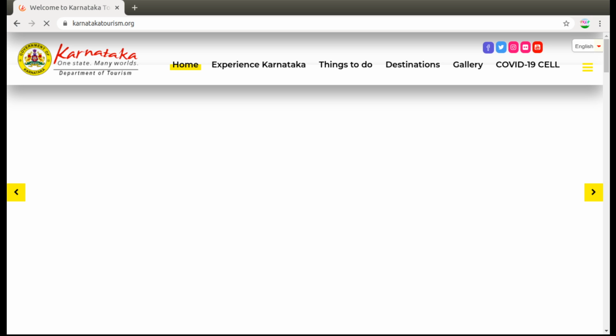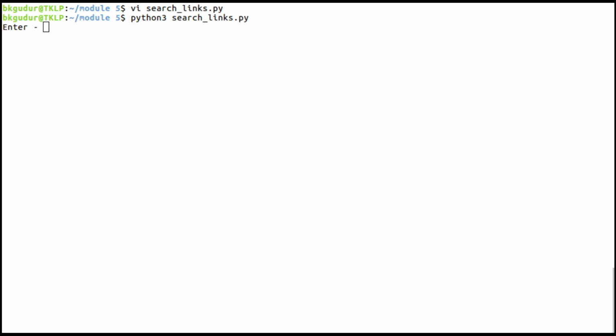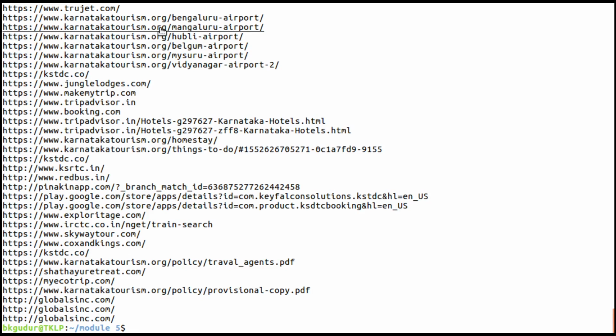Let me go to the terminal, and this is the link. Now it is going to connect to this particular link and download all the links from it. Let us see what is the result of this particular file.